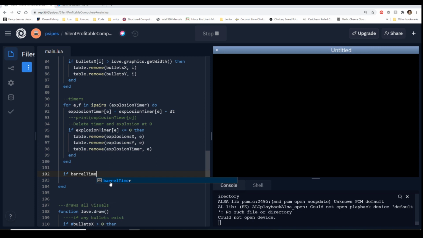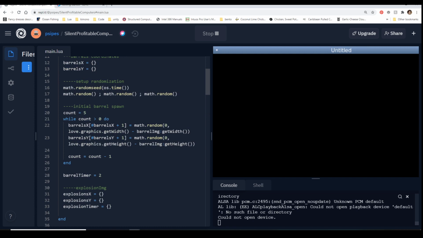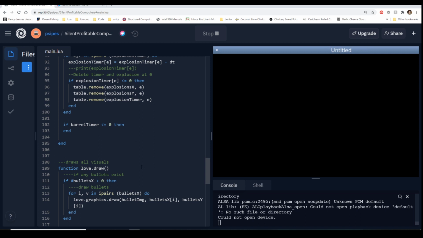So we can say, if barrel timer is less than or equal to 0, so just like we did with the last one, then, and what do we want to do? Well, we want to create all this stuff that we have up here. So, you know, once you start finding yourself copying code like this is when you have to start thinking, oh, maybe if I did this as a function, this would make more sense.